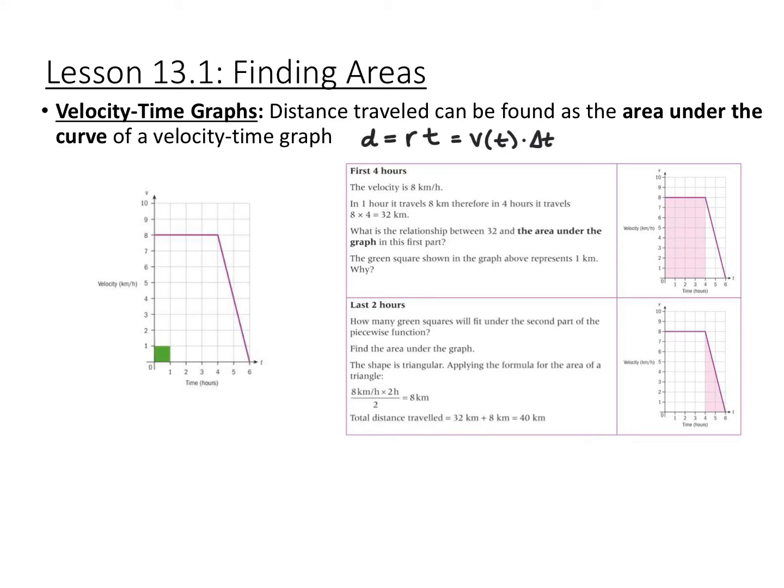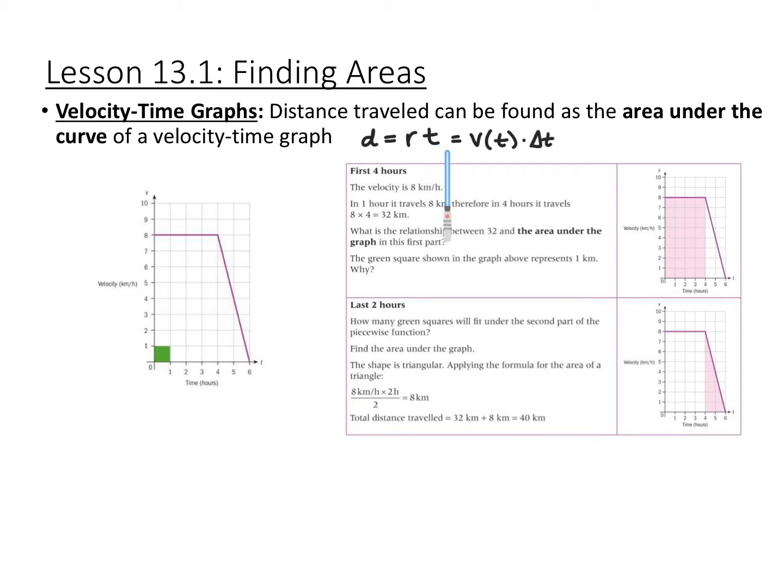Lesson 13.1 is finding areas. So first we're looking at these velocity time graphs. So we have here a velocity time graph. It's the velocity in kilometers per hour over time in hours. And distance traveled can be found by finding the area under the curve of a velocity time graph, because distance